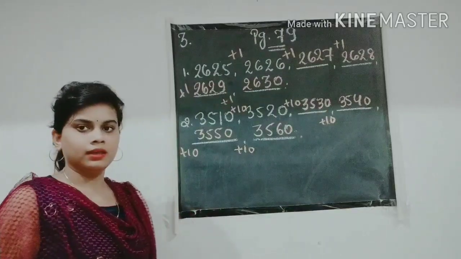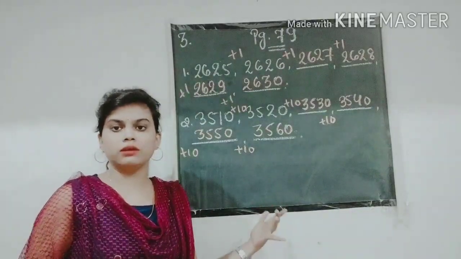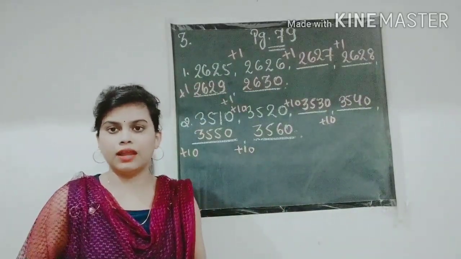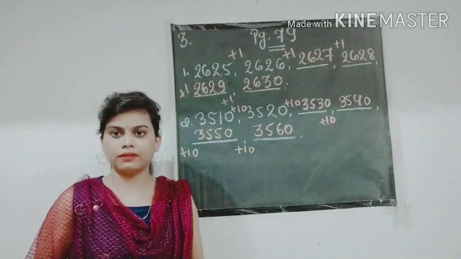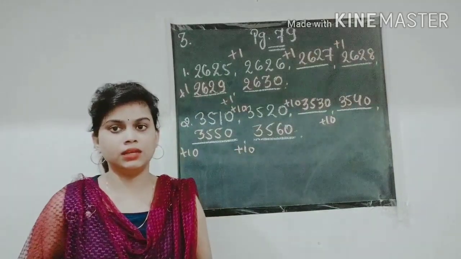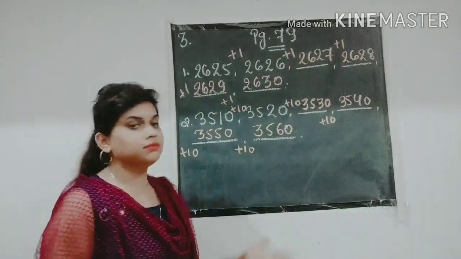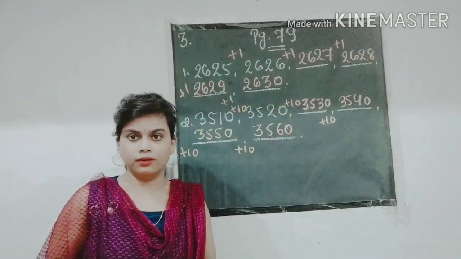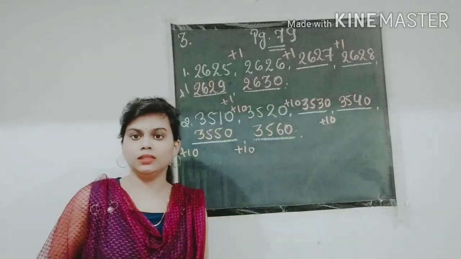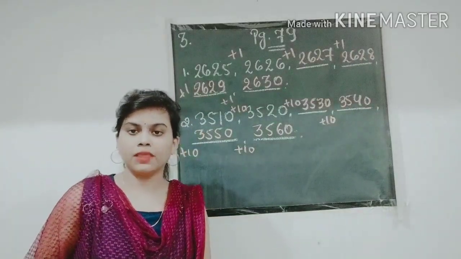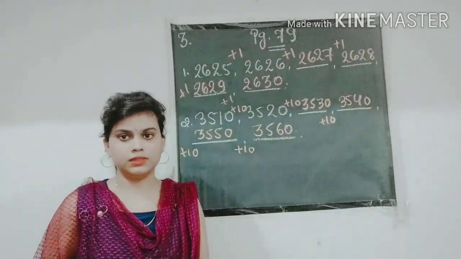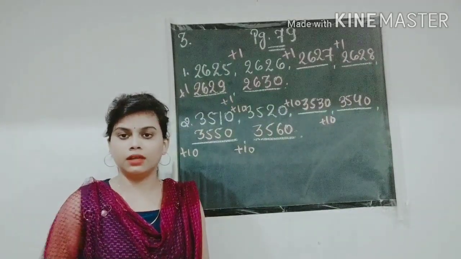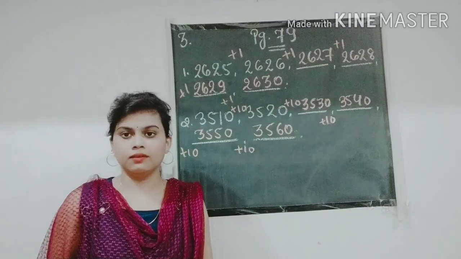Yes, these types of questions you have already done in your last chapter, that is patterns. Growing patterns, natural patterns, number patterns you have seen in your last chapter. So this is very easy for you all, right? Because just now you have done the previous exercise. So the rest of the 3 questions are your homework. You have to do them by yourself, because you have done this in your recent week.